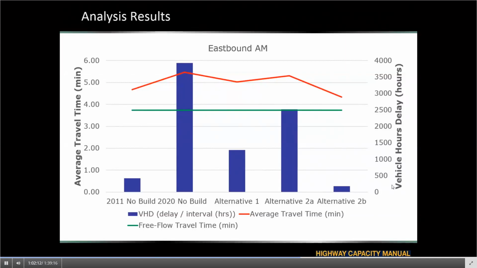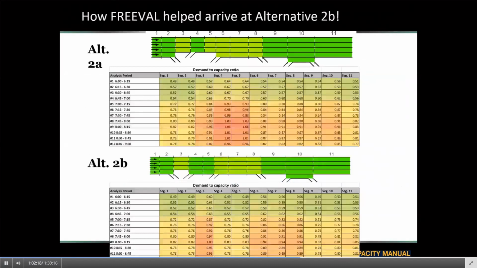And so we were able, through this analysis, to actually identify a potential alternative 2B, and that was directly identified through these results that I talked about early on in the presentation, looking at the demand to capacity contours. And specifically looking at these outputs, as opposed to looking at the performance of where the queuing is and where the speed is, I'm looking at the diagnostics here on why is there queuing. And so in particular, the queuing that's observed here in this particular analysis is a result of segments 4 and 5 really being the ones that show a demand to capacity ratio greater than 1.